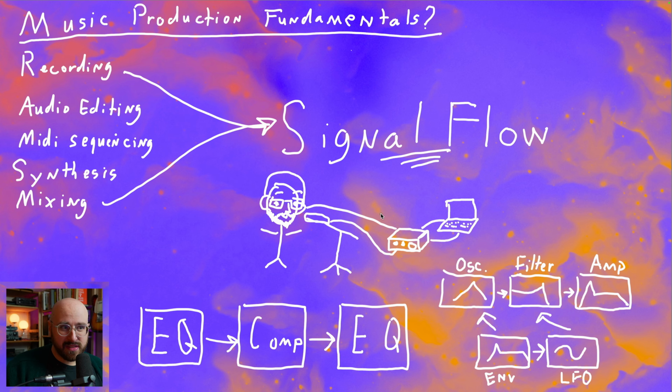All 3 of these examples, they seem very different and separate, but in reality, they all share this common thing of signal flow. And so as you're going and learning these 5 fundamentals, the main thing that you need to keep in mind is how does signal flow apply to all of these fundamental areas? And if you just get confident with the basics of all of these, you're going to be really fluent in Ableton Live or whatever your DAW of choice is.